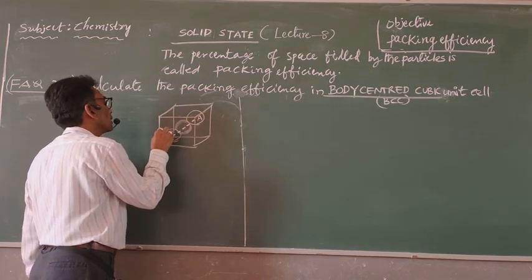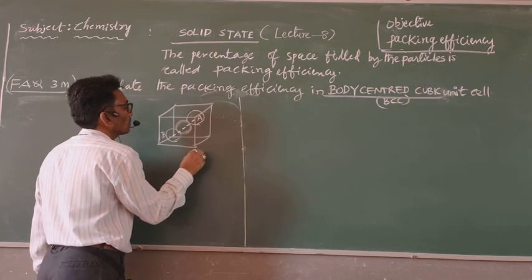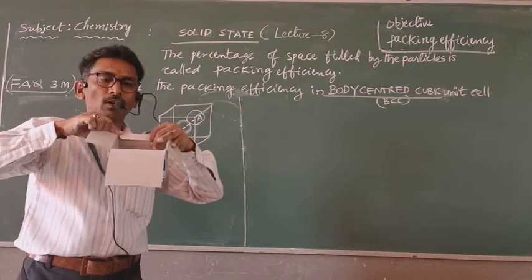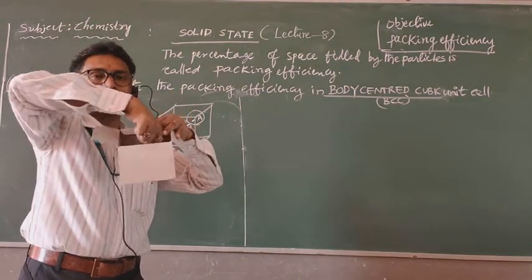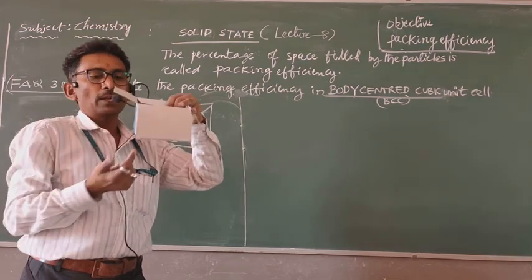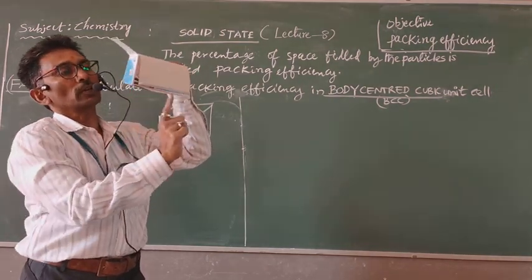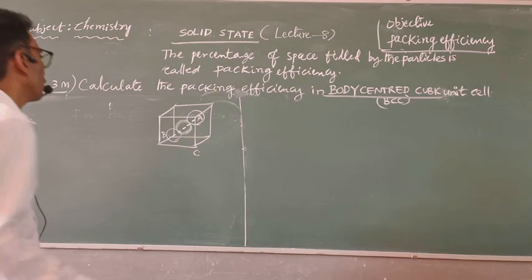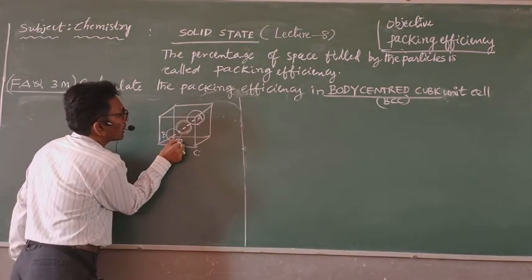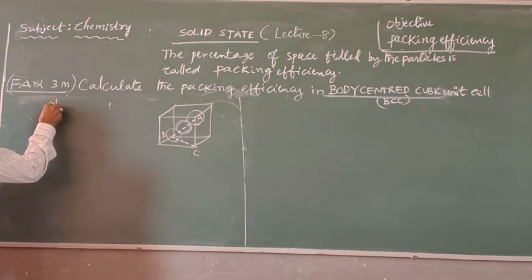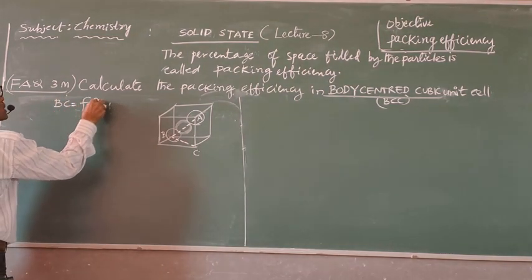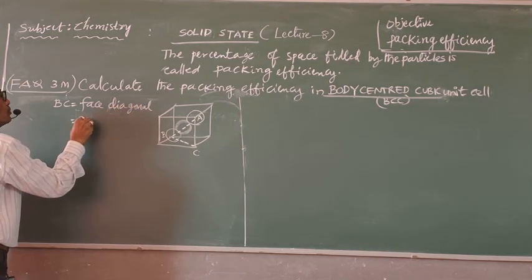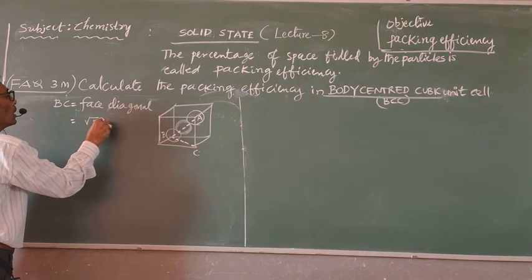This is A and this is B, and this is C here. Between B and C, what is observed? See here, this is a corner, this is the opposite corner, and the line is going in this way, and we have to take another one in order to get the triangle. Here you have to take this one. Face diagonal is to be taken, that I would like to show here. Face diagonal, that is between B and C. Yes, BC is the face diagonal, that is equal to root 2 a.